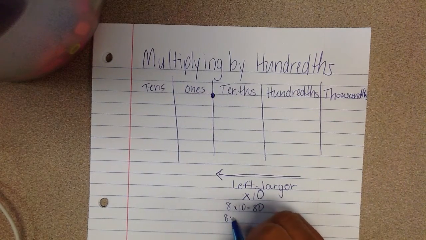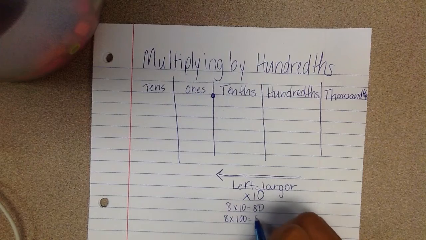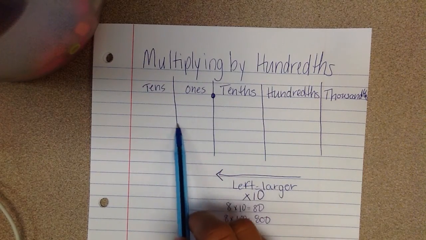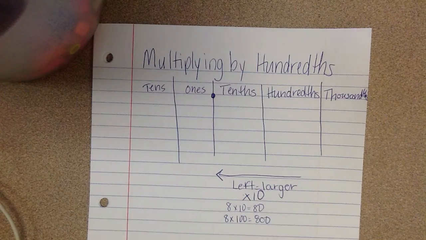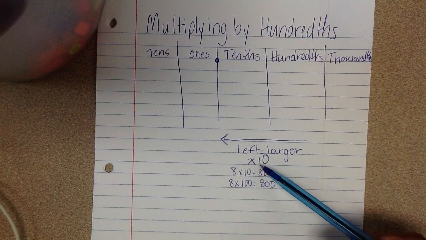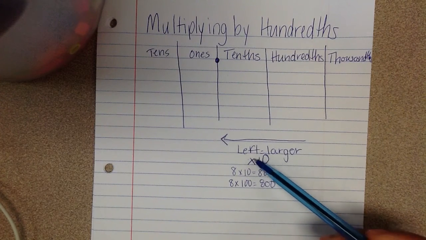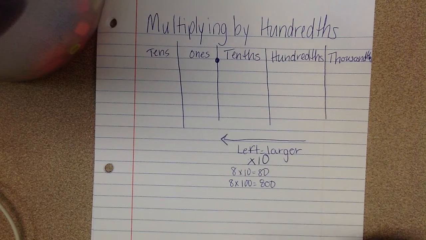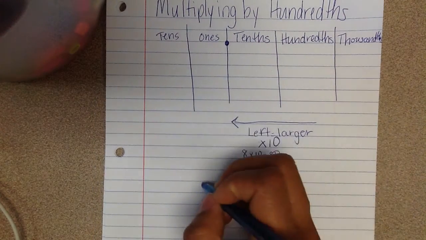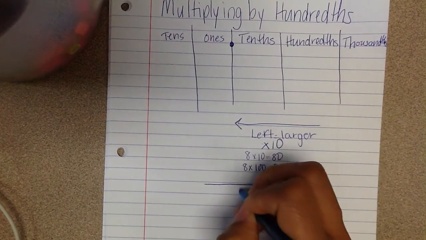I know that if I have 8 times 100, I get 800. So my 8 starts in the ones place and it moves 2 place values over to the hundreds place. Okay, so I know when I move numbers left, they increase by powers of 10, or multiplying by powers of 10. I also know on the opposite end of that, if I move right on my place value chart,